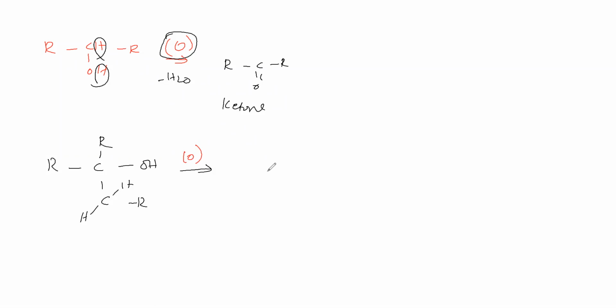In the tertiary alcohol, dehydration is possible. It is not undergoing oxidation. Dehydration is possible. Therefore, we are getting a double bond, so we are getting an alkene. So tertiary alcohol on oxidation gives alkene. Secondary alcohol on oxidation gives ketone. Primary alcohol on oxidation gives first aldehyde, then carboxylic acid will be formed.